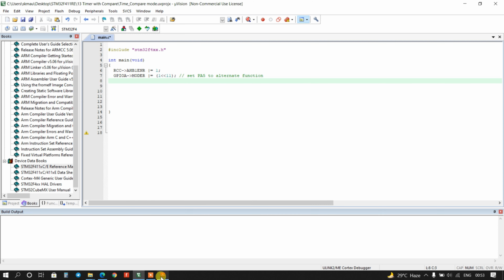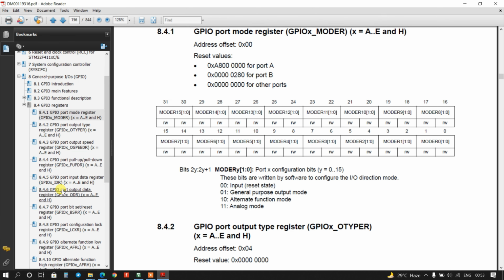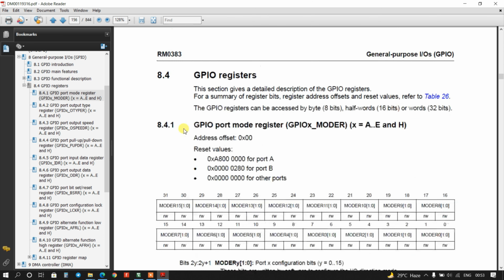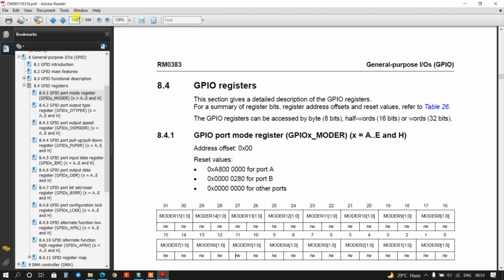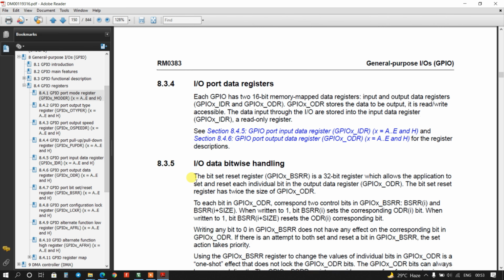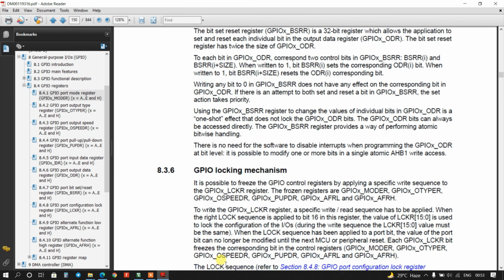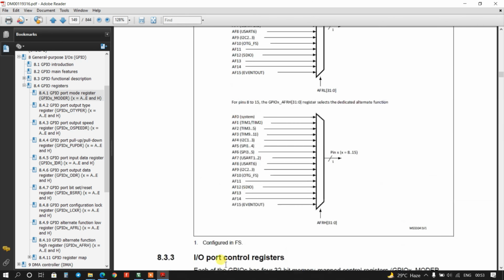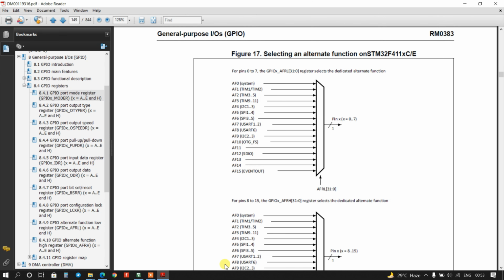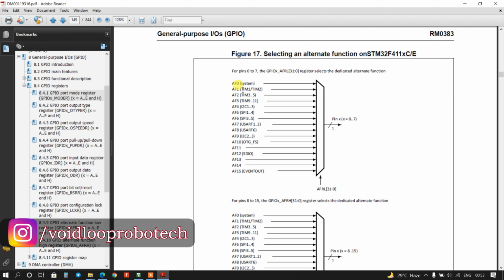Now I will go again to the user manual and go to page 150. You can see here I am using the PA5 pin as timer 2.